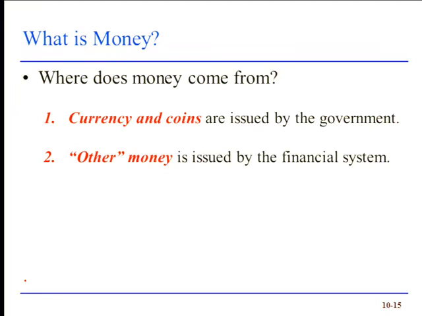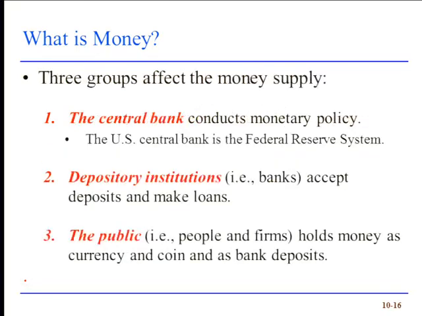There are lots of other assets, though, that we saw, right? Demand deposits, other checkable deposits, savings accounts. All of that type of money is actually issued by financial institutions: banks, savings and loans, mortgage finance companies, all sorts of different kinds of firms. Right? So notice then that the government issues some of the money, but the financial system, part of the private sector, actually issues a bunch of it as well. And indeed, if you look at those numbers, you would see that what the government issues, $1.2 trillion in currency and coin, versus M1 of 2.5 and M2 of whatever the number was, I don't remember, 10-something, that the government actually issues the minority amount of the money in circulation.